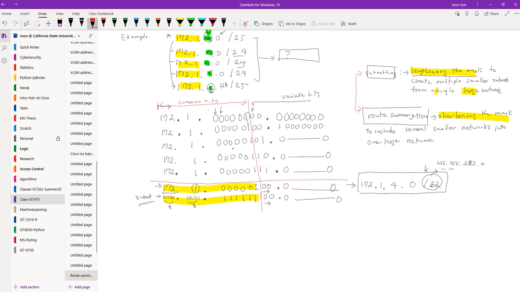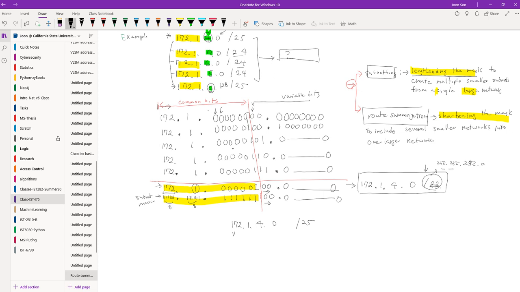Now, let's use this as an example. Let me write down these IP addresses, from smaller to the largest, to show this idea. So now my IP addresses are: 172.1.4.0/25, and the next one is